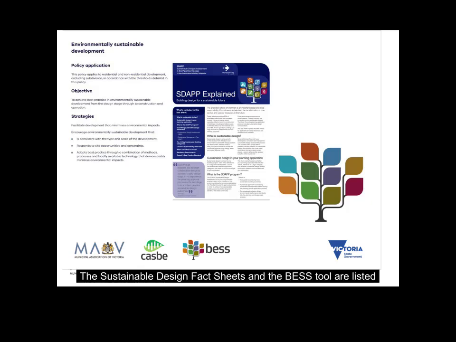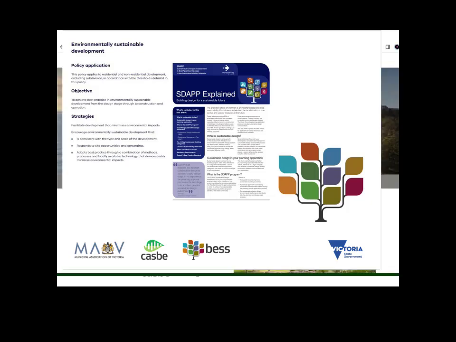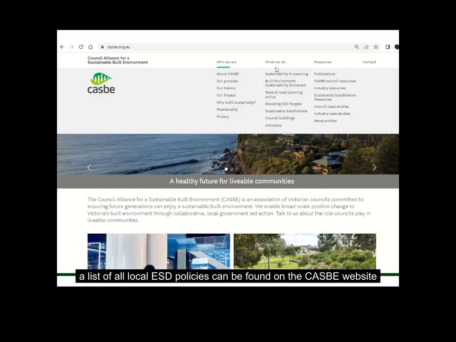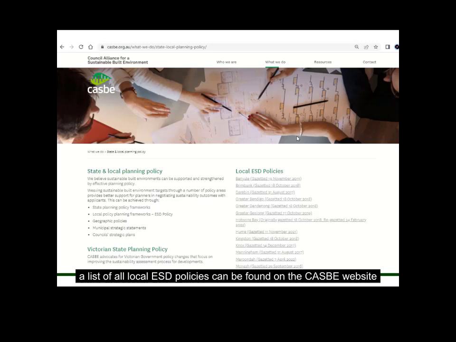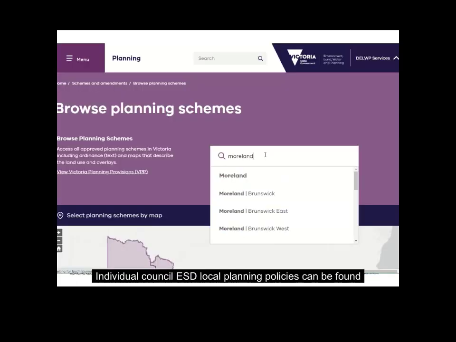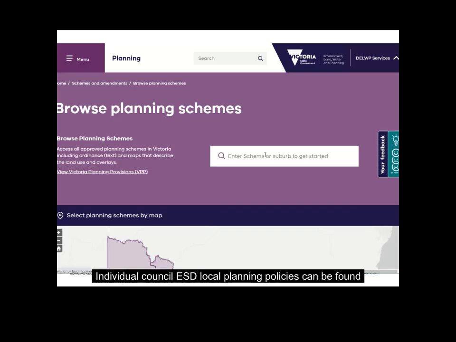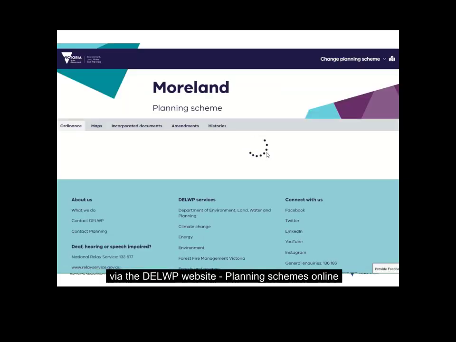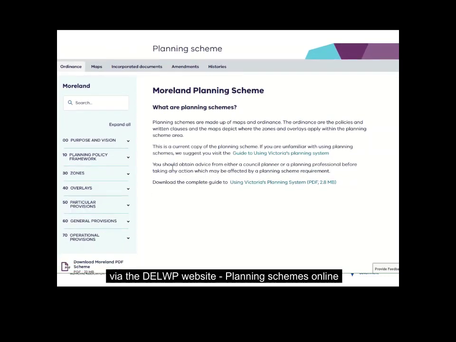The Sustainable Design Fact Sheets and the BESS tool are listed as a reference in the local ESD planning policies. A list of all local ESD policies can be found on the CASB website, which is casb.org.au. Individual council ESD local planning policies can be found via the DELP website, Planning Schemes Online.